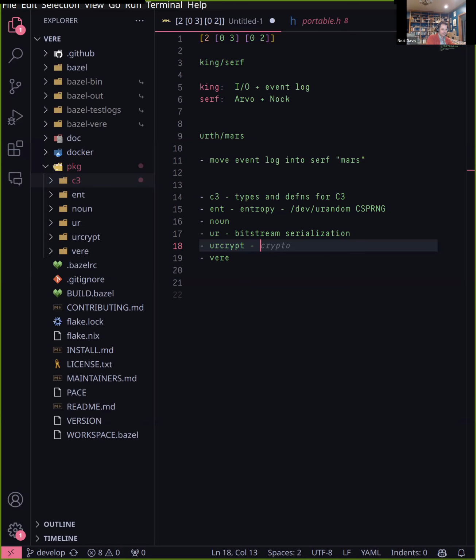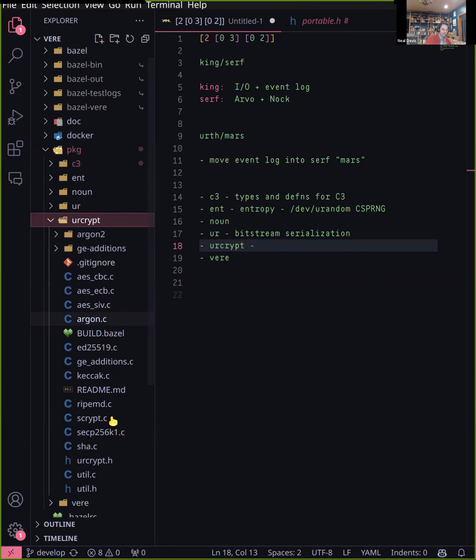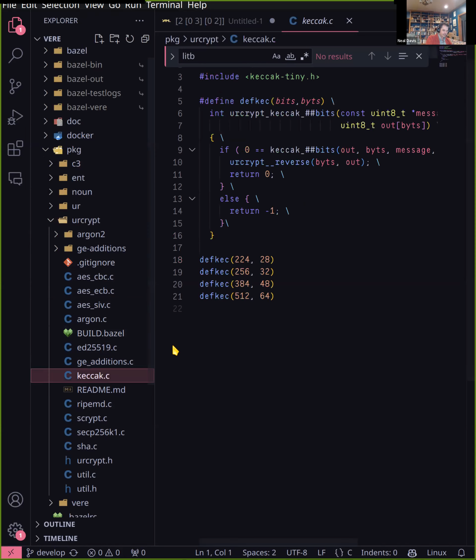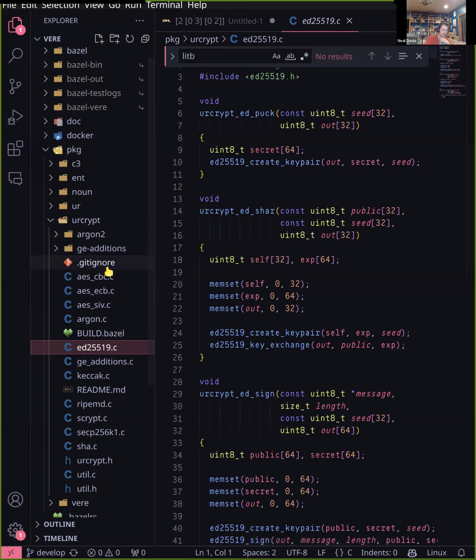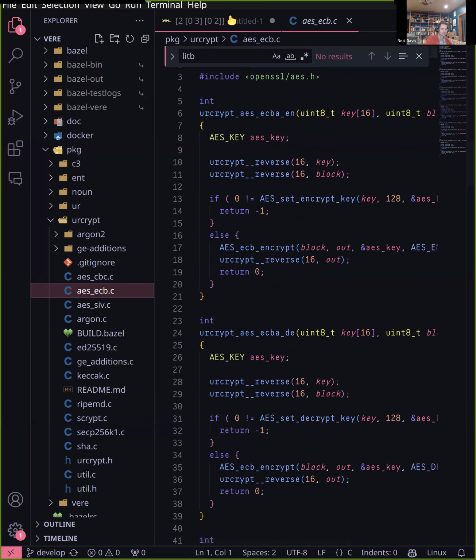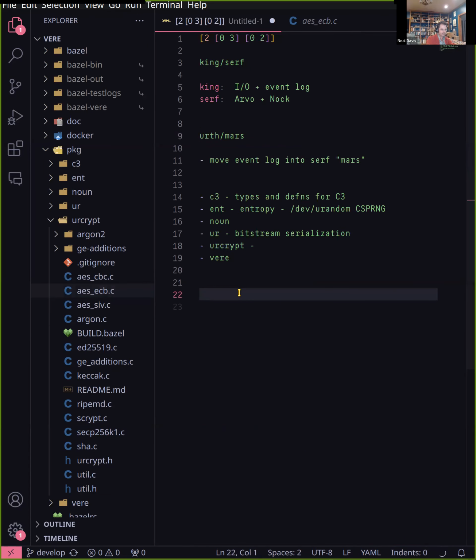These are crypto libraries. The point of Urcrypt is that the C crypto universe is kind of complicated and it has a lot of different libraries that are pulled in to make this possible. And there's various versions of AES. There's various SHA algorithms out there, and they all have different interfaces. The point of all of the Urcrypt tooling is to provide a uniform interface so that ultimately, when you're over in, if you go look at the